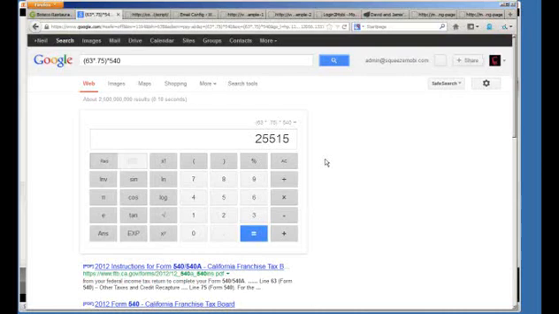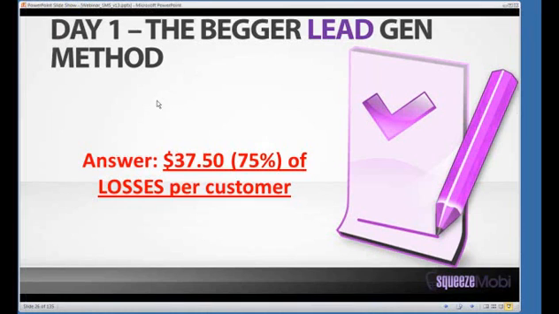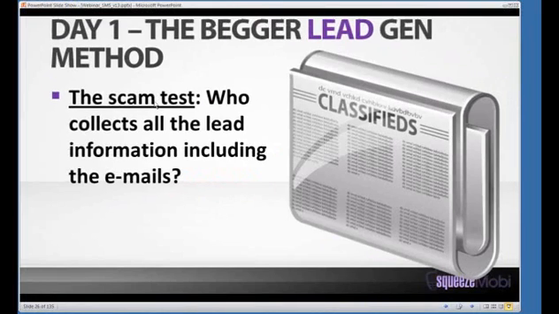Now, the other thing that I want to go through, and it does look like a good steak, so I'd probably take them up on that offer and get it for however much, 15, 16 bucks. Who then collects all the lead information, the emails of the people that sign up for this offer?